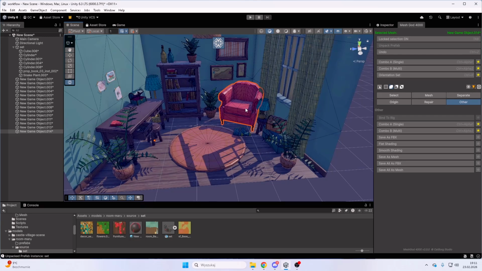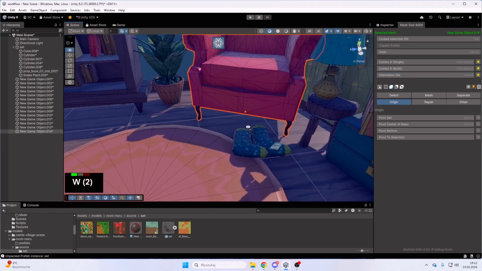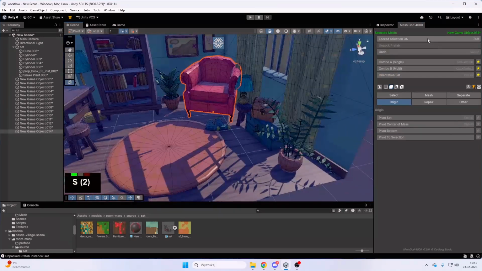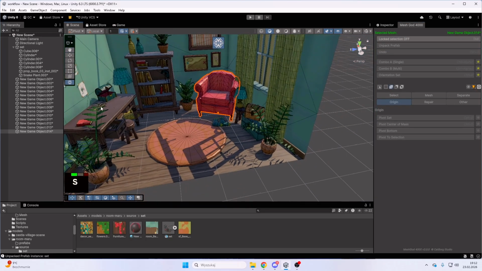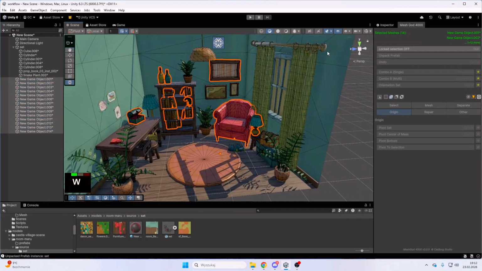Before we do that, we want to fix the orientation, because right now you can see the pivot is here. It should be around here. So let's go to origin, and you can just go pivot bottom, and you see the pivot is at the bottom of the game object. Before we proceed, we are going to select all the game objects we want to use as prefabs. You go locked selection, you go pivot bottom,